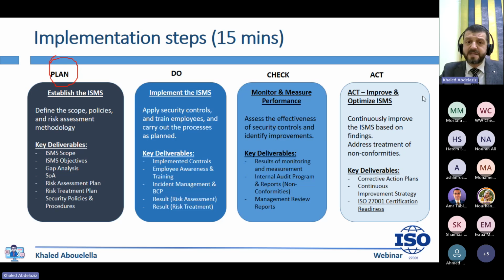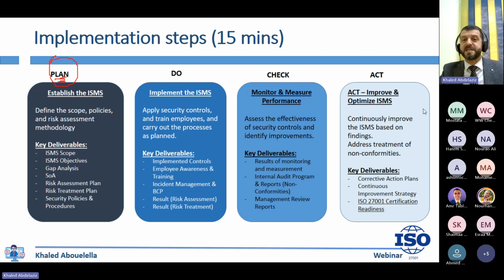Also in the planning phase, after getting the management approval and setting the scope, we need to assign the project team. This is the 3rd activity, which is to assign project teams and responsibility for the implementation and appoint a project manager. It's a project. So you need to have an ISMS, or information security management system, project manager in this phase. Then the 4th step is to develop the risk assessment. We're still in planning, by the way, not to miss it. We're still in the planning phase.